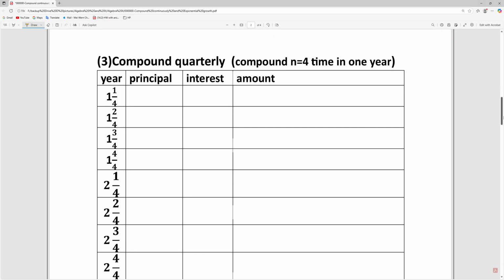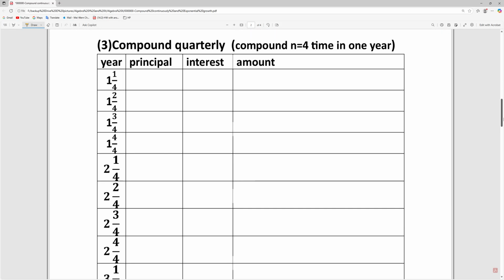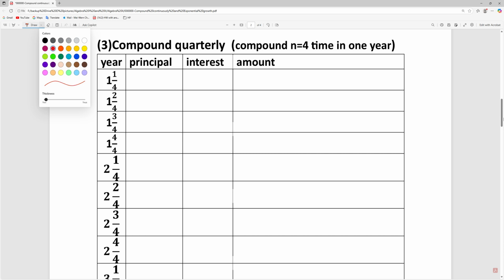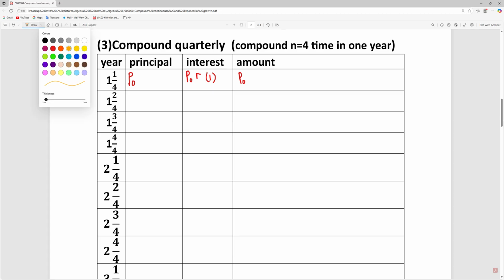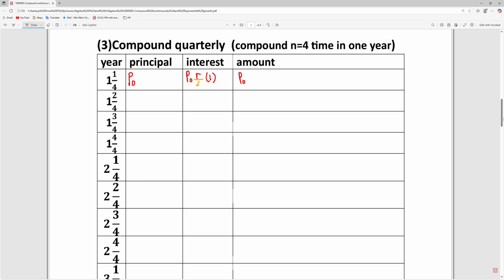So let's try this one. Okay, so your principal is still P0. Let me change it to red color. You have P0, and the interest will be P0 times R in 1 year. So your total amount will be P0. Sorry, the rate needs to be divided by 4 because we